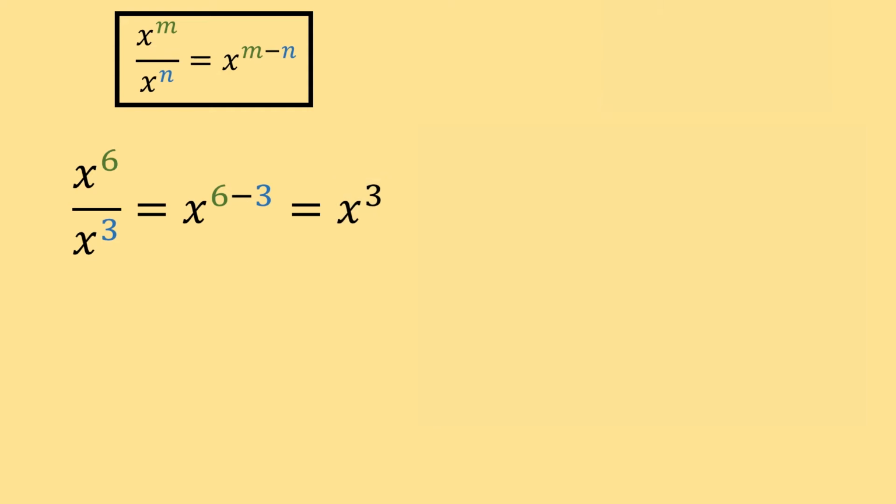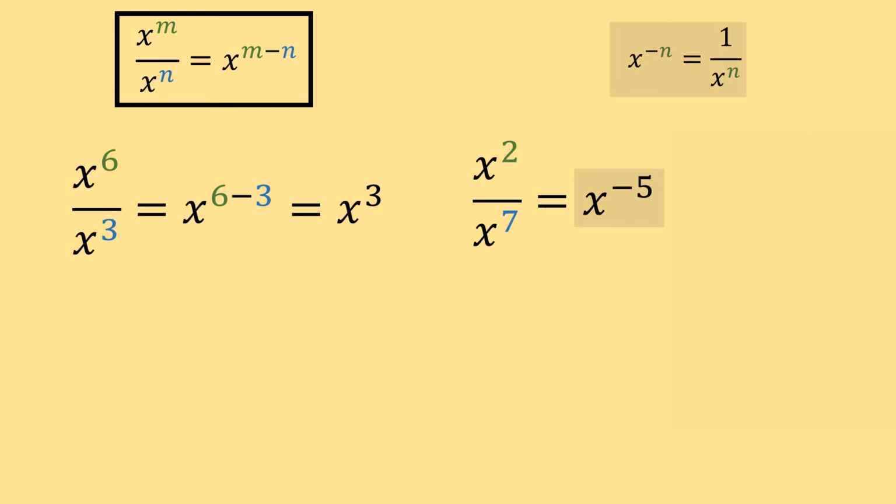Now, let's look at x to the second power divided by x to the 7th power. Well, this is going to be x to the 2 minus 7 power, which is going to give us x to the negative 5 power. And remember, anytime we have a negative power, we can move it up or down to make it positive. So since we have a negative power in our numerator, we could use this rule here and rewrite it as 1 over x to the 5 power. And if you forget that rule, you can check out this video here.